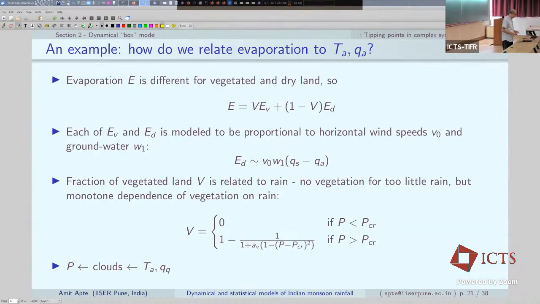Maybe just to show one example here, right? How do we relate evaporation to the temperature and humidity? Of course, the evaporation is different depending on whether the land is vegetated or not. And this is the most zeroth order approximation. Of course, you can go through a whole catalog of different types of vegetation and how evaporation changes, but this is just the zeroth order approximation. Vegetated land and land without vegetation have different evaporation rates. And how does vegetation now depend? Vegetation depends on the rainfall, clearly, right? As we saw in yesterday's talk as well, the dependence of vegetation on